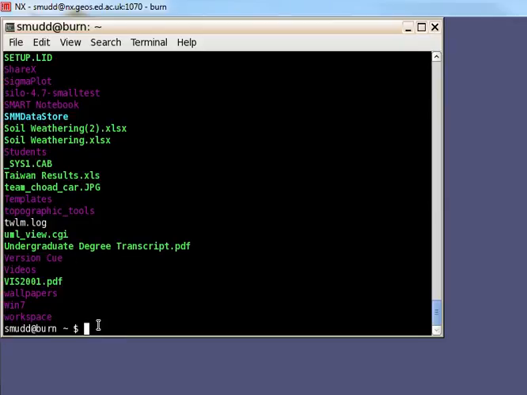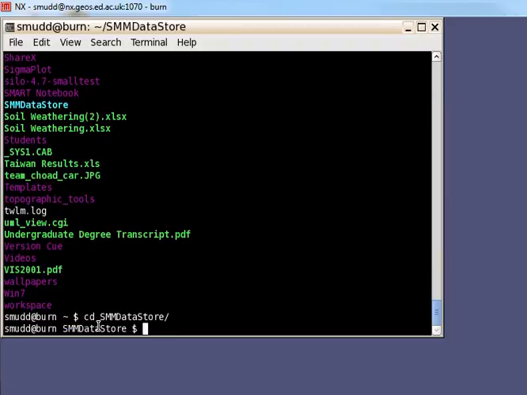So instead of having to type in that long path name, exports, CSCE, data store, all that malarkey, you can just change directory to SMM data store, and I hit tab there to autocomplete. And now I can just switch into the data store straight away. So making those links can be a rather convenient way to get around from your home drive to your data store. And you don't need to make the link back to your home drive because, again, you can just